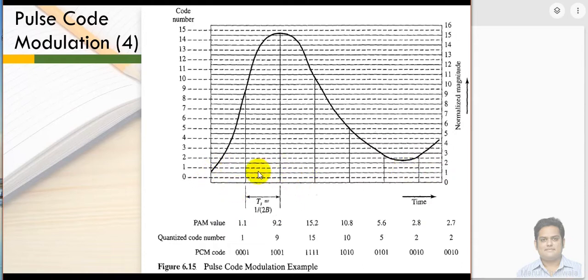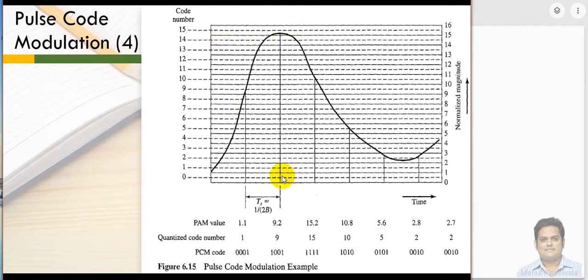Now we need to identify what the signal levels are. For that purpose we need to see how many bits of data we are going to use to represent each individual sample, right? Here each sample will be described with 4 bits of data, so we need to define 16 different sample levels.